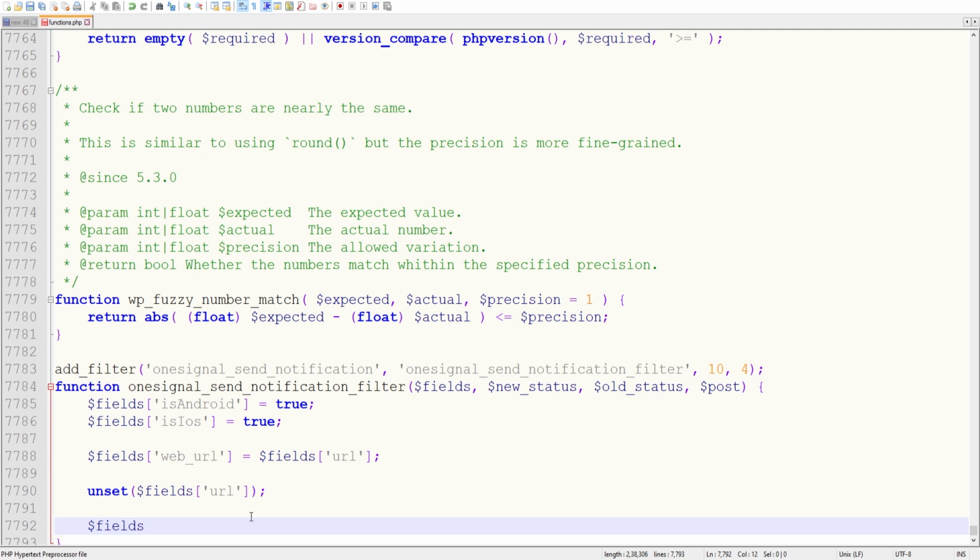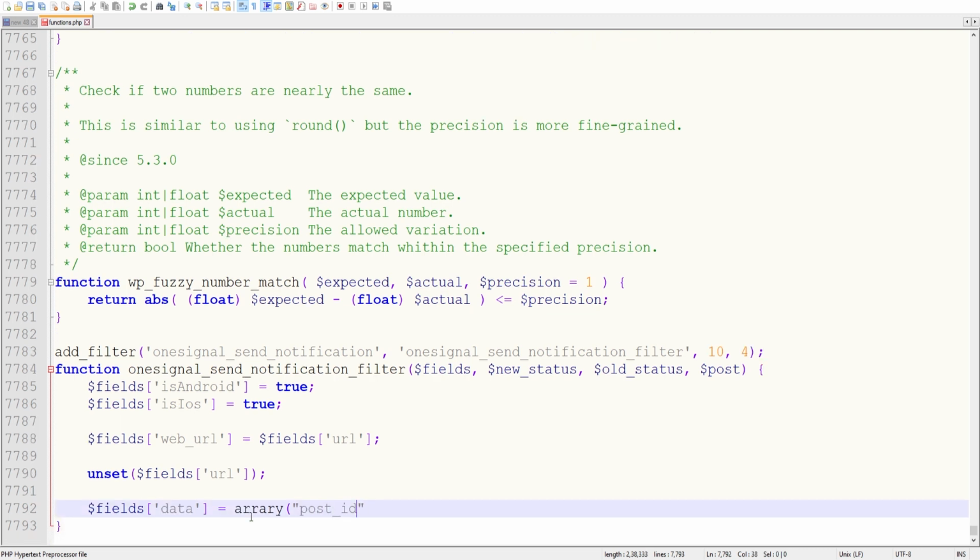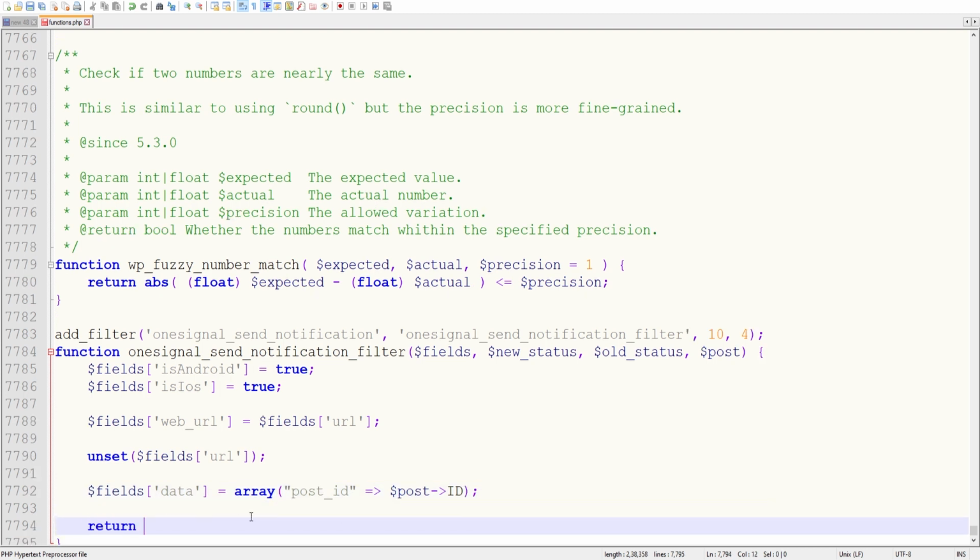Suppose we want to pass any post ID, post title or post category, anything we can pass from here, and we have to pass it in the data, and we will send it in an array. We are passing here post_id, the ID of the post, and in the last we have to return fields.